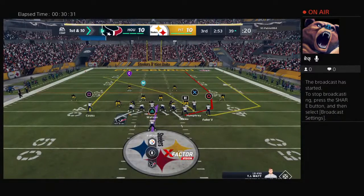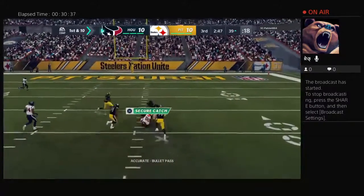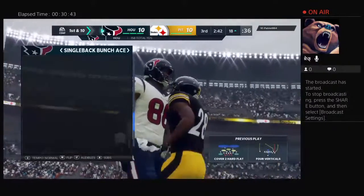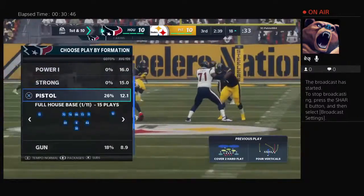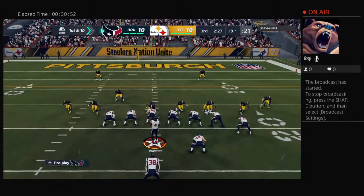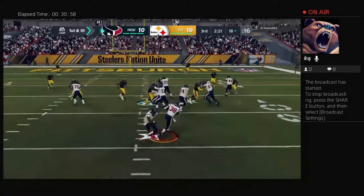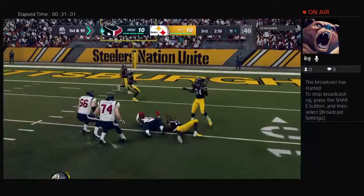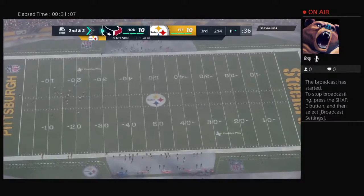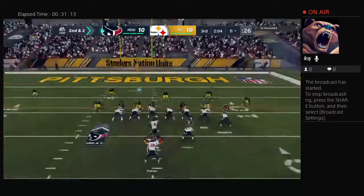So from the 39 now, they'll come up on a 1st and 10. Now it's Watson. And he'll find Akins there, complete. And they'll wind up getting this one all the way down inside the 20. 21 yards. A good pickup there, 21 yards. So from inside the 20, here's 1st and 10 at the 18. Gets it down close to the 10-yard line. A good run there on 1st down, and it'll leave them with a 2nd and 2. It's a 2nd and 2. Brings up 2nd and 2 at the